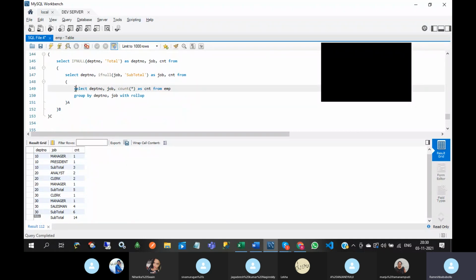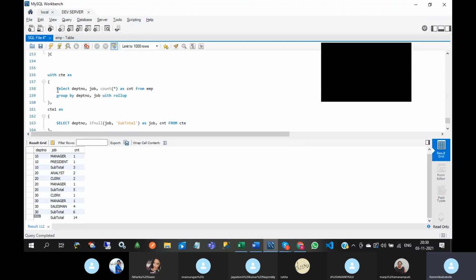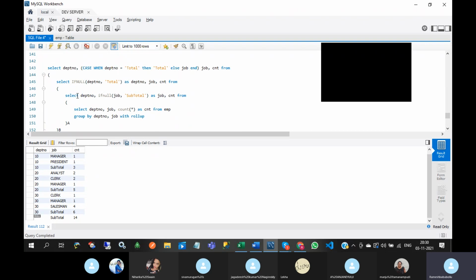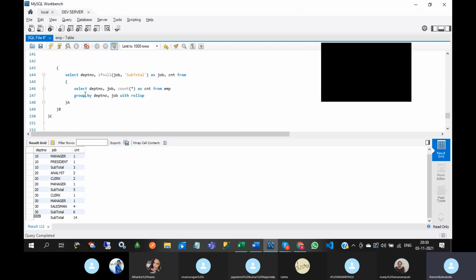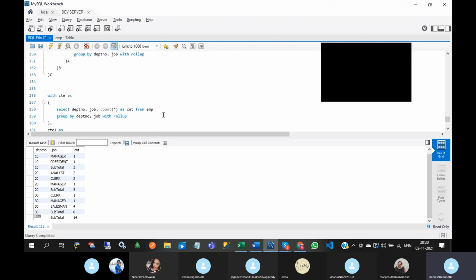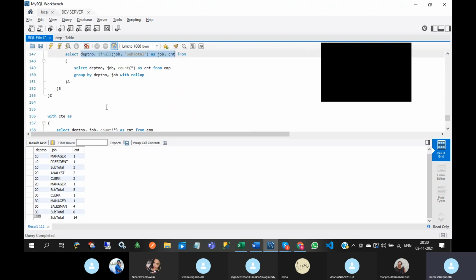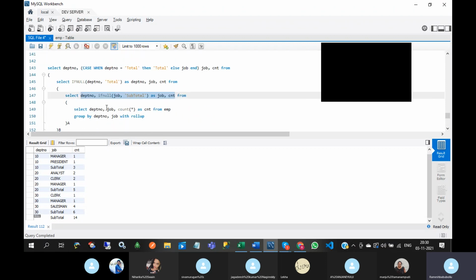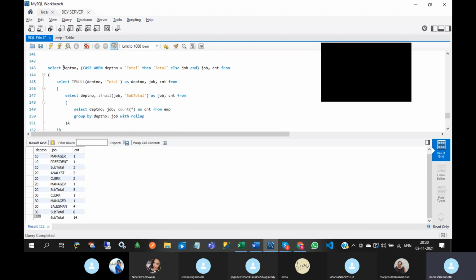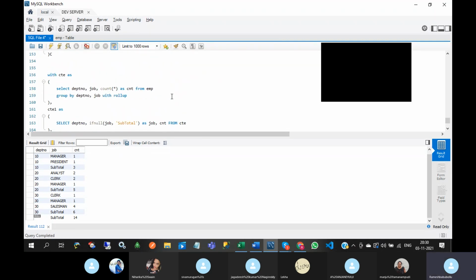So first data set I have put in one CTE, so comma, second, this one I have put in job count. Okay, I forgot to put here. And third data set,